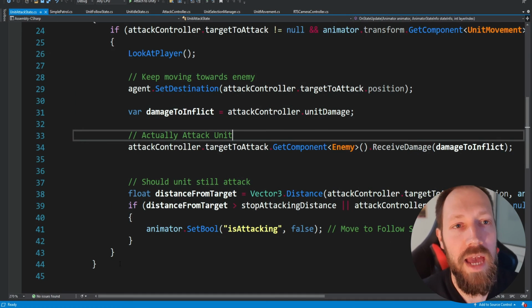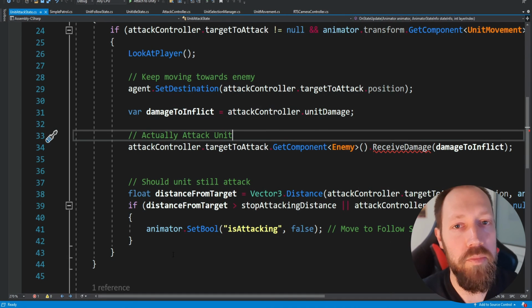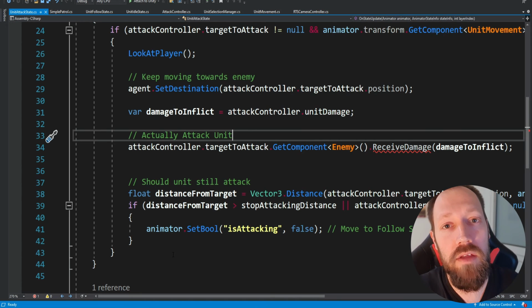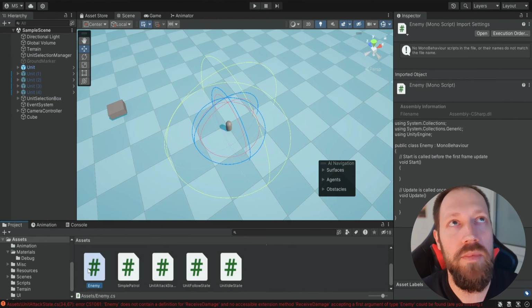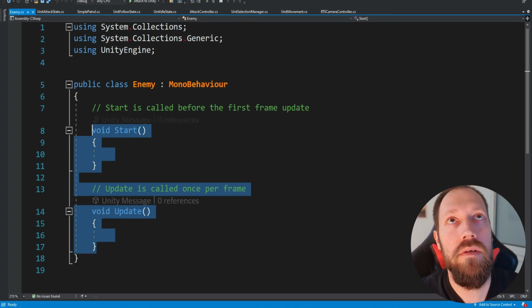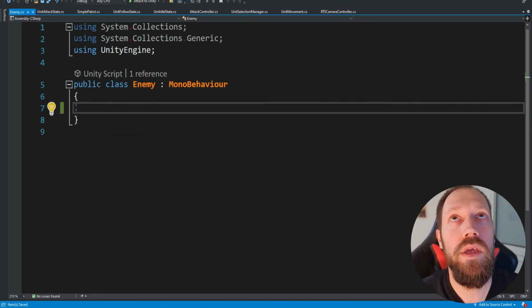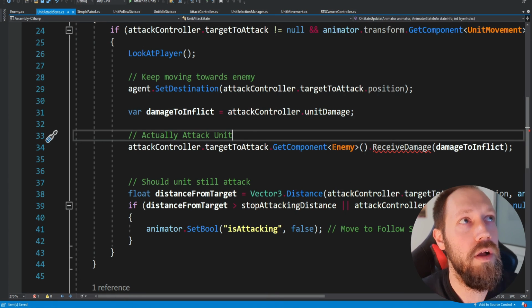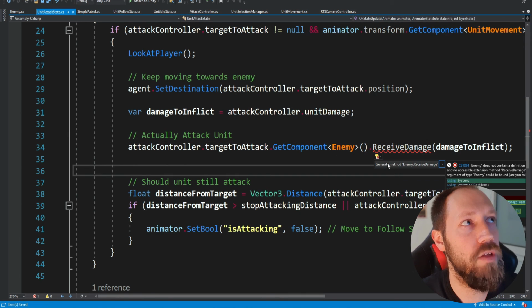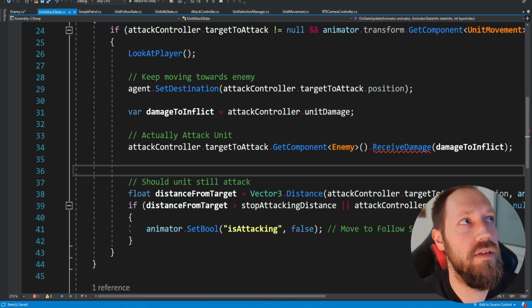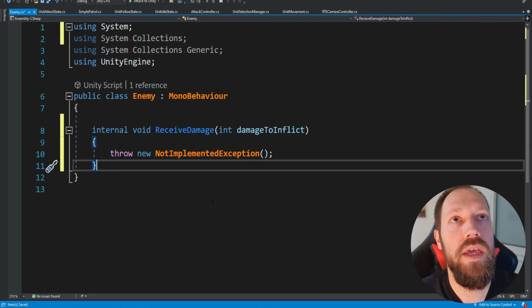Obviously, it's not going to be enemy because we can have multiple players and each player will have its own units. So it's actually going to be a unit, but it's not our unit, so it's going to be an enemy unit. But we're going to do all of this calculation later. So for now, we're just going to create this script named enemy. And now that we have it, we can go back over here. It's going to detect it. And now we can generate this method inside, generate method, and inside the enemy script, we can find this method